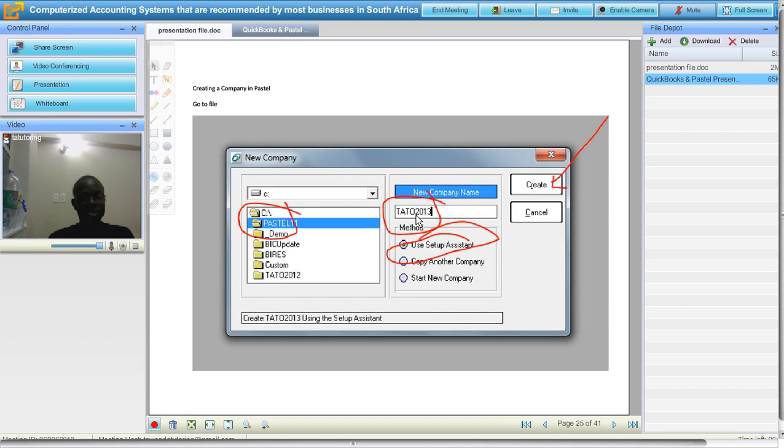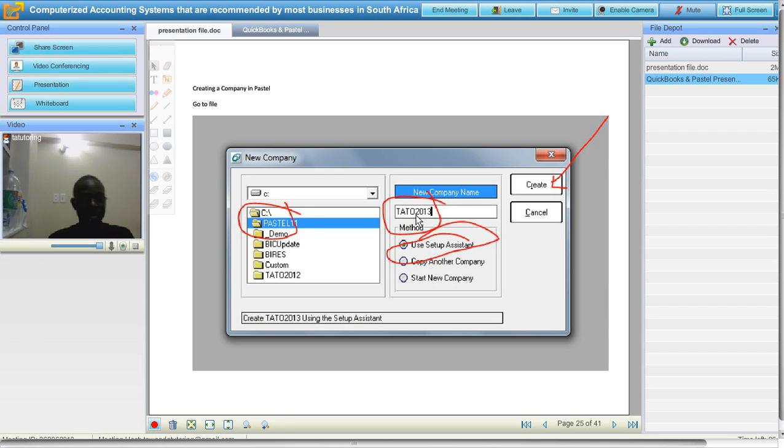Let's say you're working on a similar company. You don't need to recreate that company. You just need to create a copy company, then rename that company, because the chart of accounts are the same, and the inventory that you need, they are the same. Everything is the same. So you don't need to create something from scratch. You just need to copy a company.